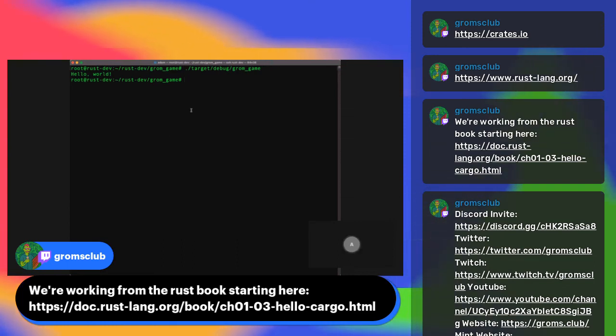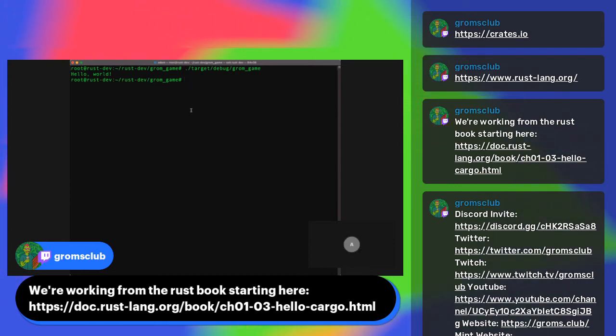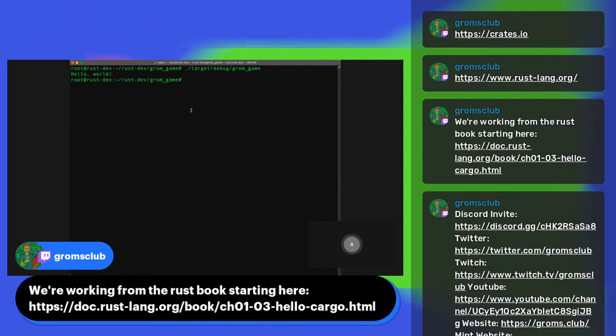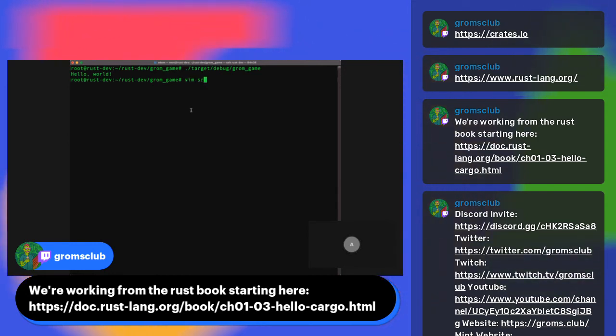So great. We've now used cargo to build our application, and then we ran it with a separate command. But we talked about cargo making this easier for us, right? Well, it can. We can do it in one step. But before we do that, I want to make a quick change to our Rust program,